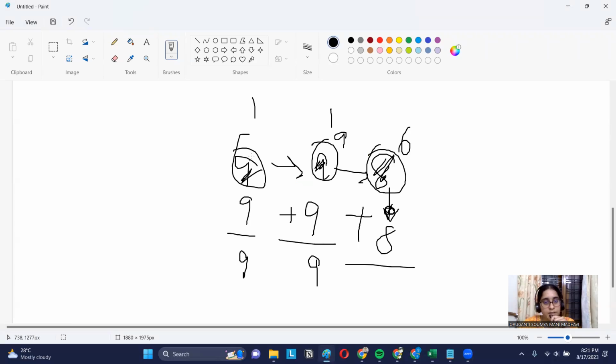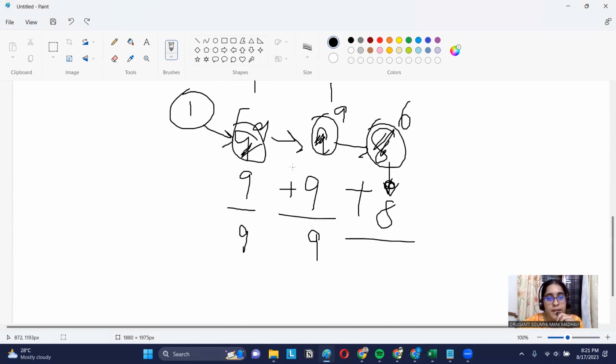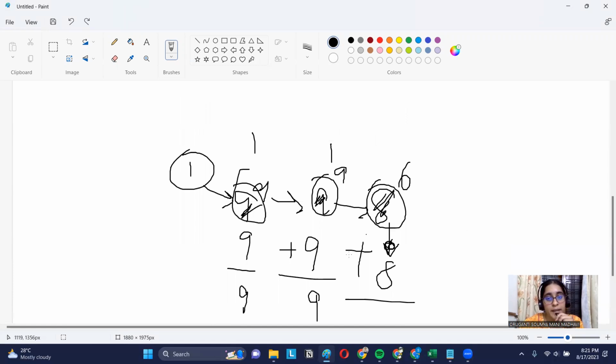So we have to change this value to 9, and we get an extra 1 carry. That means we'll need to create an extra node over here and connect it to the rest of the linked list and update the new head. So it's just like inserting a node at the beginning of the linked list. So that's it. The catch for starting from the ending is just to use recursion, because recursion uses a